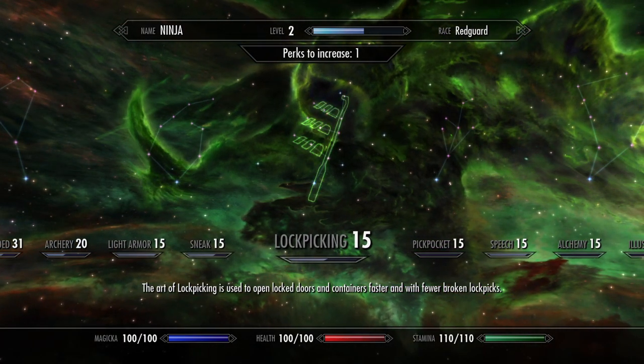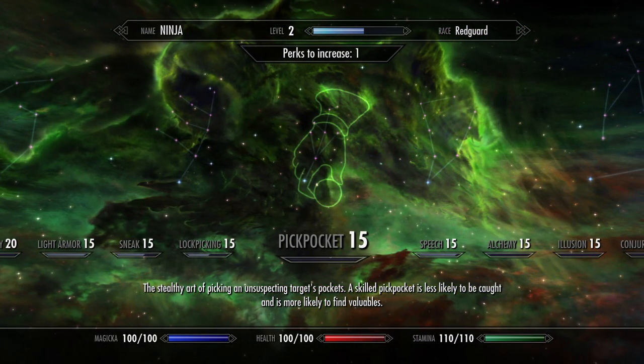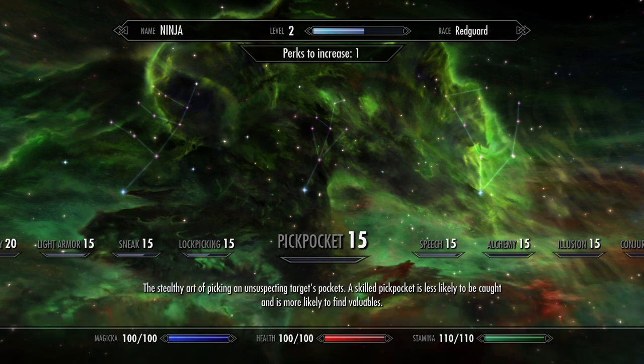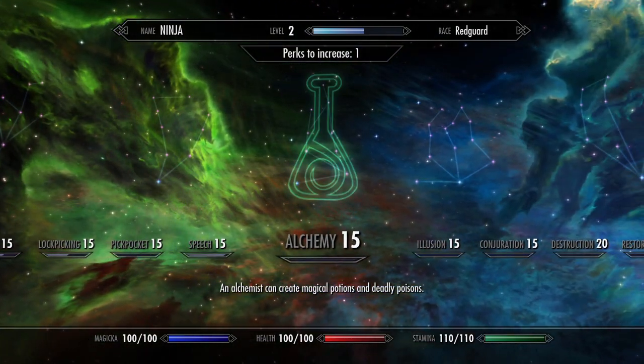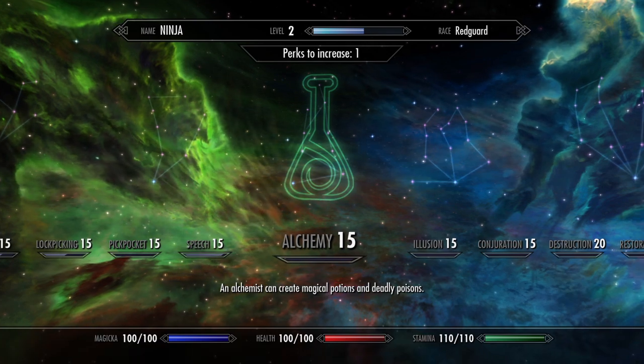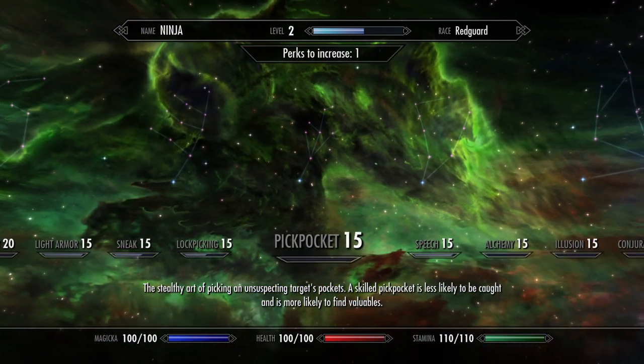And when we need to, we do lock picking. We can also do pickpocketing, which we'll get into here in a second, okay? We do alchemy, and then that's it, kind of thing, right? Okay, so the only thing that I would question here really is pickpocketing,